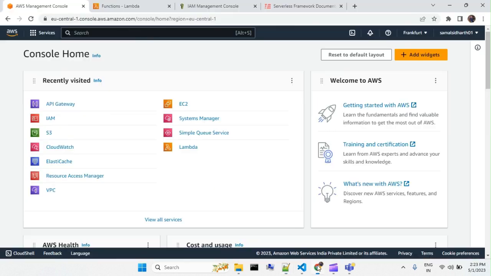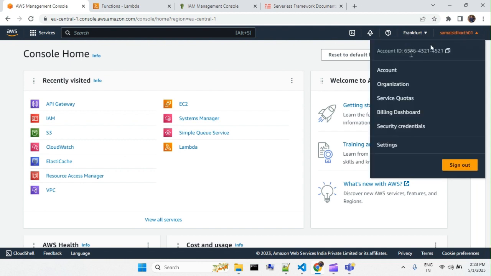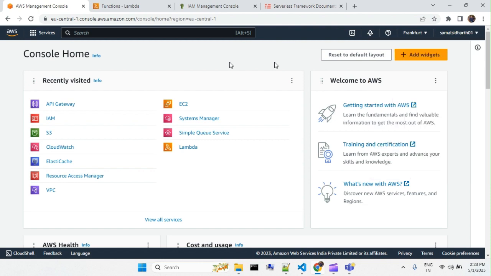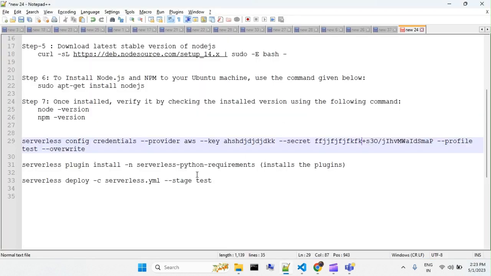Let's say currently I would like to deploy to my environment. I can give some name like test or dev or prod based on my requirement, and the same thing I can configure here. And then I need to install the plugins that I'm mentioning in my serverless file,